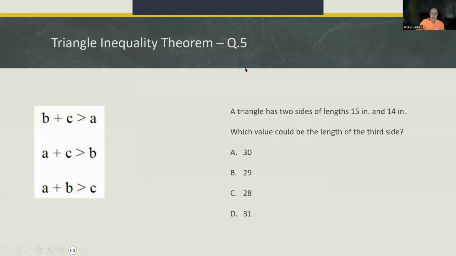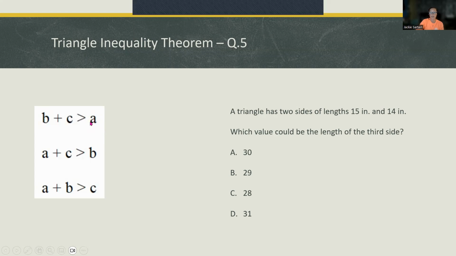Now in question 5, we're going to be using that triangle inequality theorem. Remember that this is a formula that you do not necessarily need to have memorized. It will be provided to you on the state testing in your formula chart. But what it's stating is basically that the sum of 2 sides will always be greater than that third